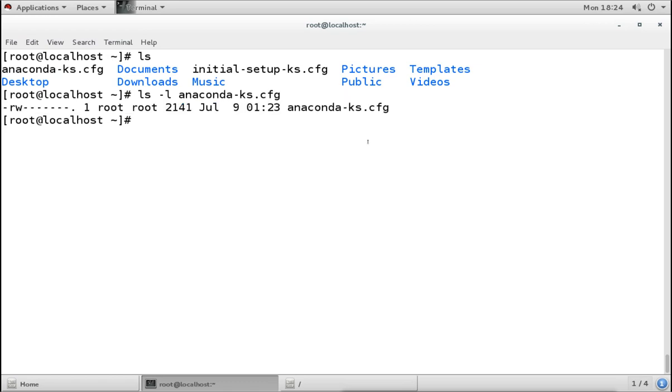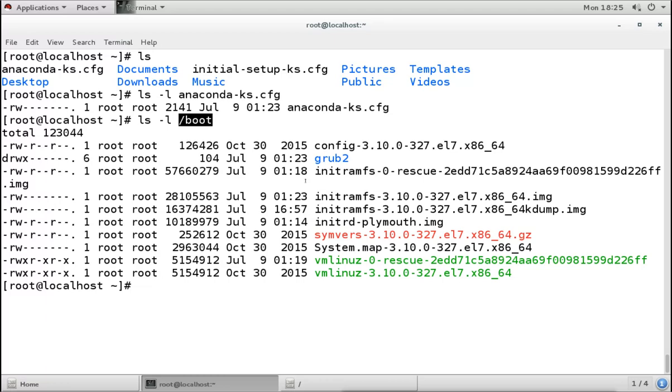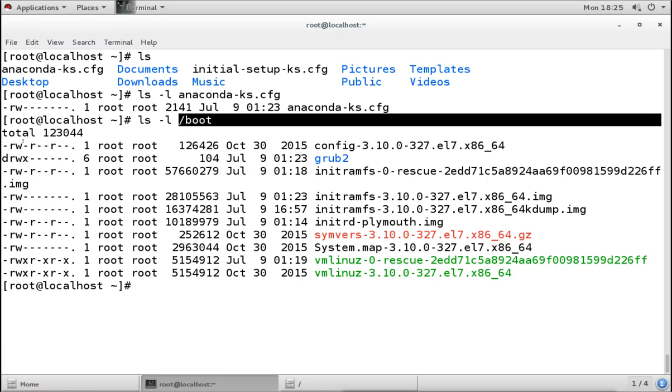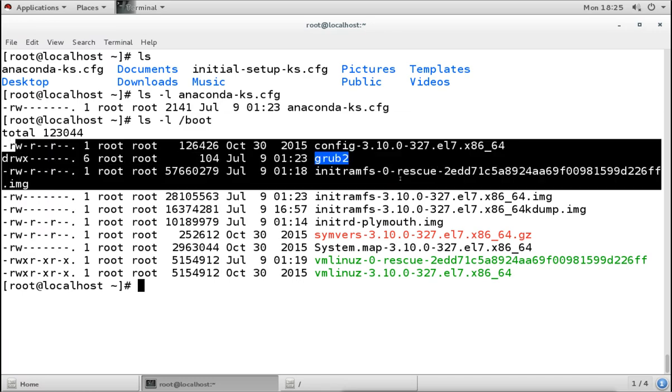Now I want to do the same thing for the directory. So I will do ls -l and then directory name. But remember, this was a file and this is a directory. So when I do this, what it actually does here, instead of showing the properties of this directory, it is showing all the content of that directory.